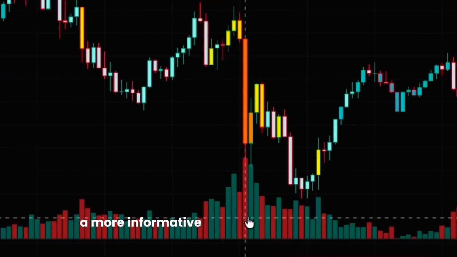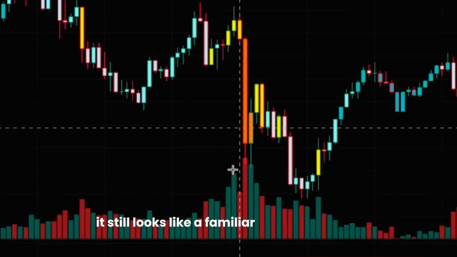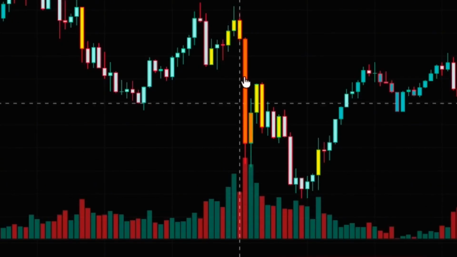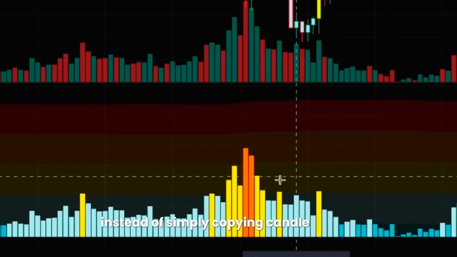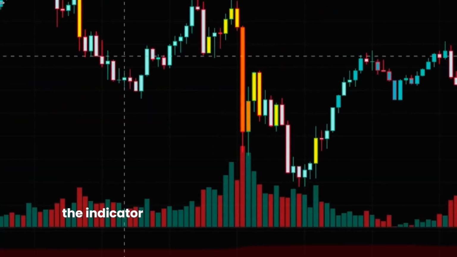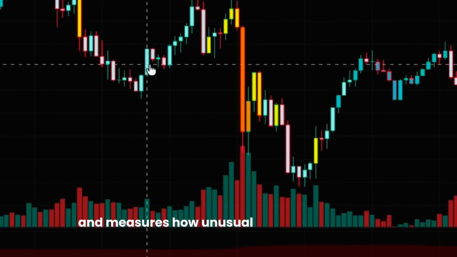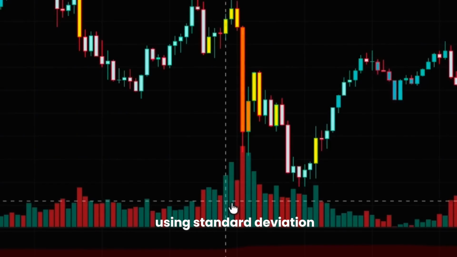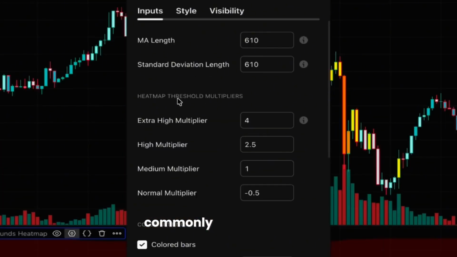A more informative variation is heat map volume. It still looks like a familiar set of volume bars, but the colors actually mean something specific instead of simply copying candle direction. The indicator compares current volume to the average volume and measures how unusual the current reading is using standard deviation. Inside the settings, you'll see threshold multipliers, commonly values like 4, 2.5, 1, and